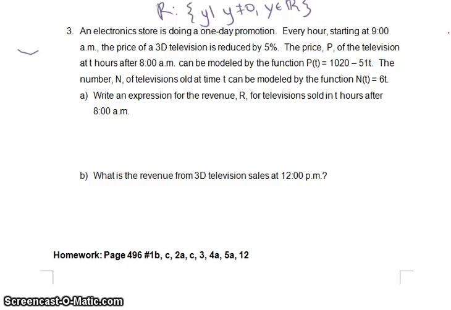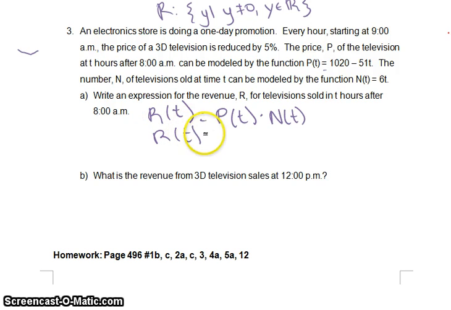So for this one, to look at revenue, we're going to have R(T). That is going to be equal to the price of your television multiplied by the number of televisions. So that's going to be price times the number, so that'll be P(T) times N(T). Then we'll just substitute, since it was wonderful enough to give us those functions, so let's just substitute that